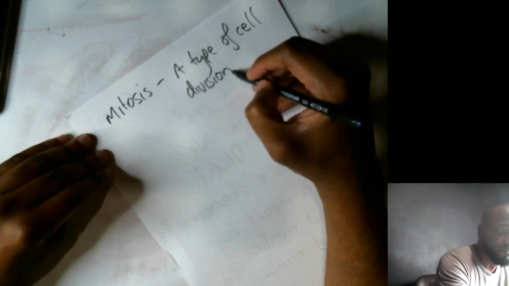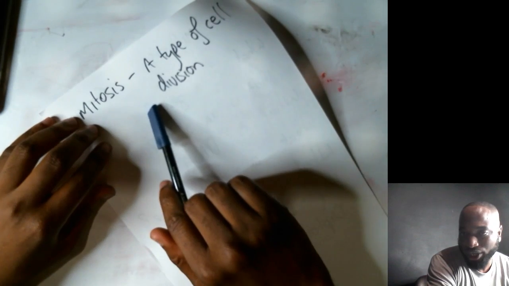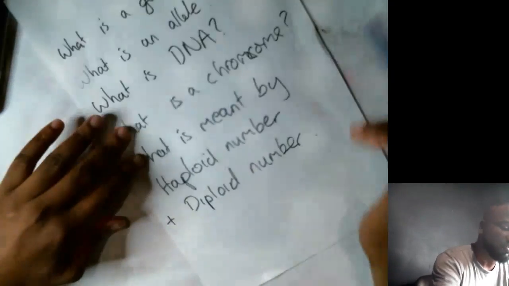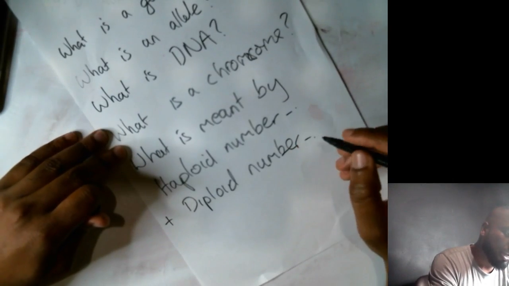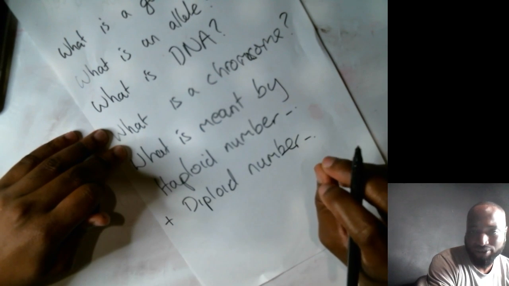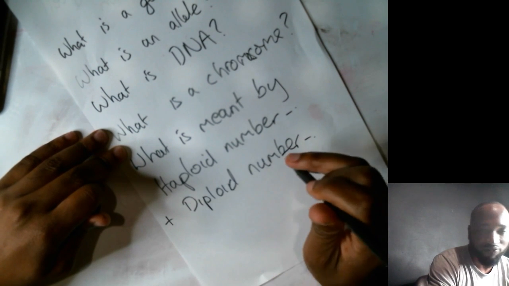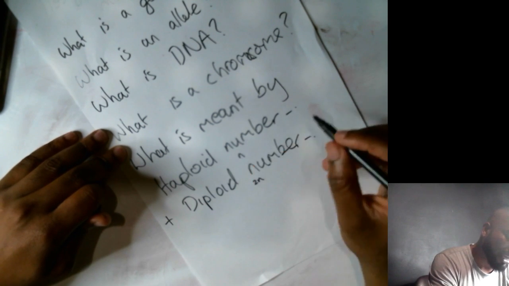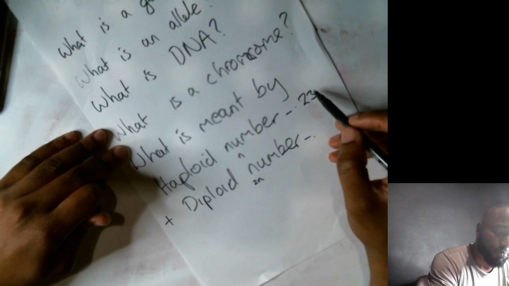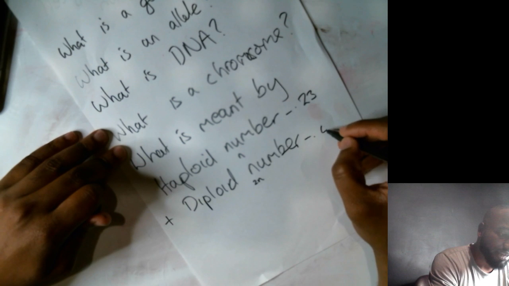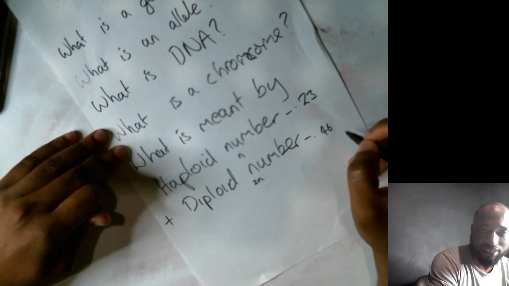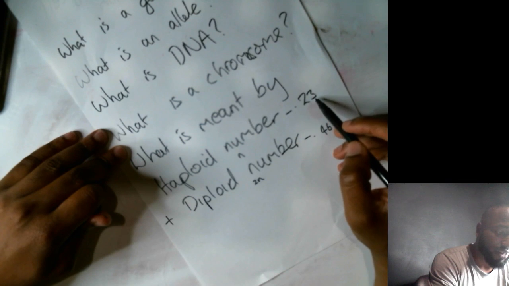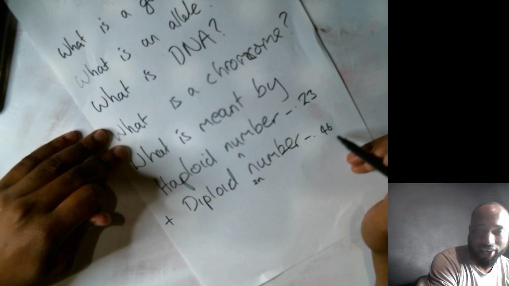Now if in CSEC they ask you tomorrow what is the difference between mitosis and meiosis, can you answer that? And just for those who didn't get the full definition of haploid and diploid, the haploid number is half, and the diploid is the full number. One we could signify with n and one with 2n. The haploid is the amount found in the gamete cell, and the diploid is the amount found in any other body cell. So this is the amount you'll find in the sperm and the egg, but this is the amount you'll find in any other cell.